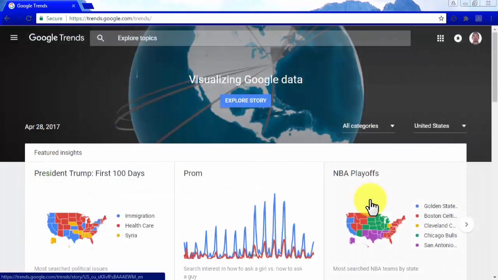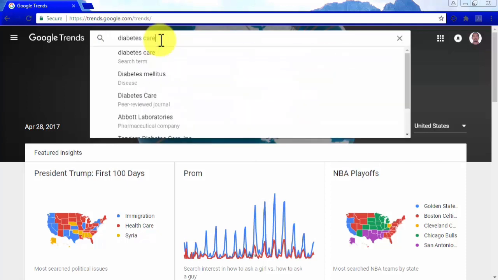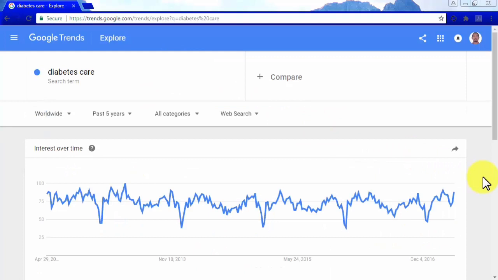On Google Trends. Google Trends is a cool and easy-to-use tool for visualizing data. You can use it to measure how popular and searched a keyword is. Go to google.com/trends and enter your keyword on the Explore Topics bar. Hit enter and it will show you a graph with peaks and valleys of popularity in the form of interest